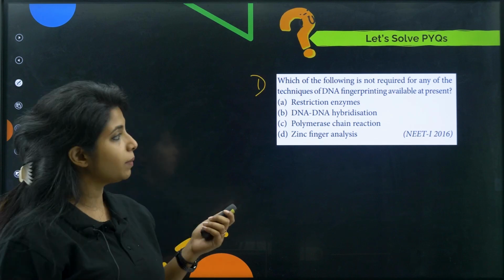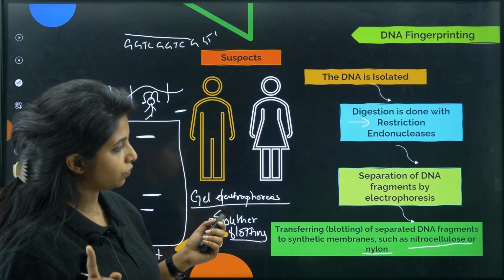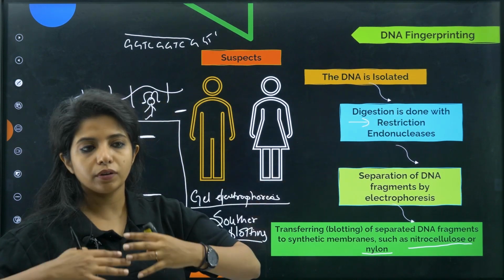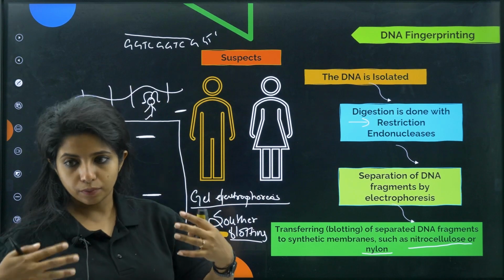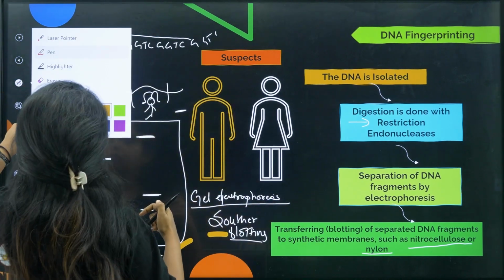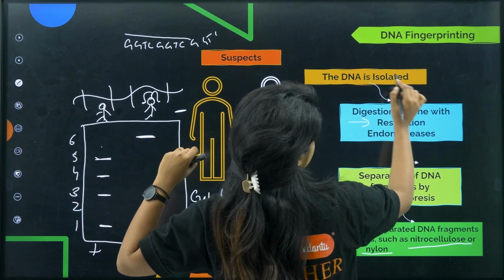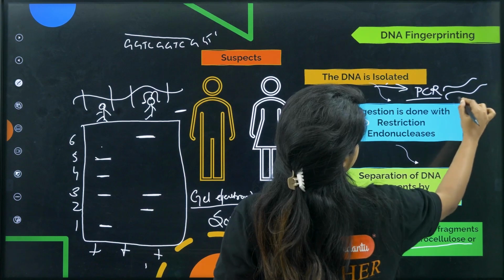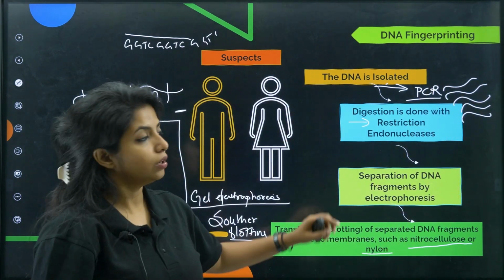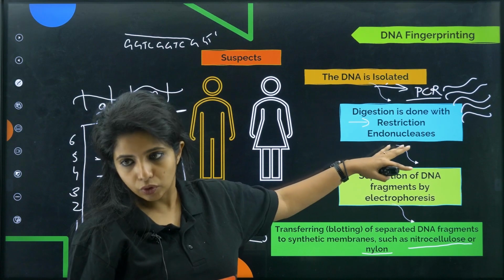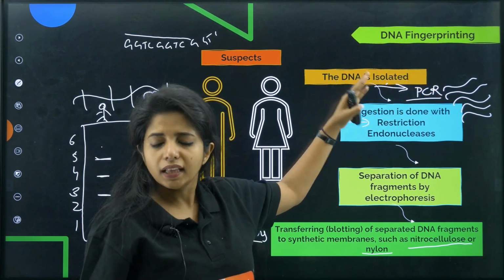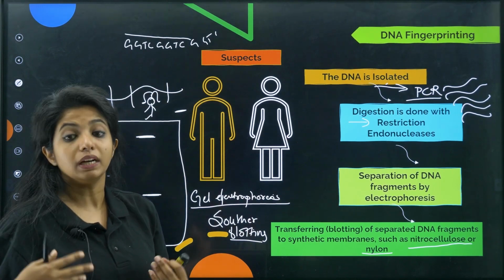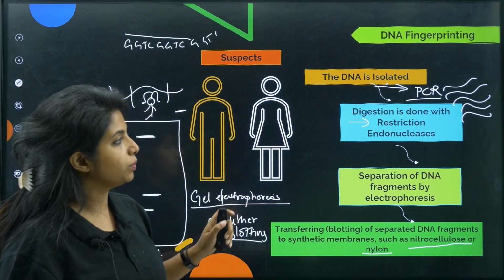Polymerase chain reaction, oh, I didn't mention that. One more thing: digestion is done with the help of restriction endonucleases. Before that, the DNA is isolated, and PCR is done, that is polymerase chain reaction, such that the amount of DNA could be increased and we could make it work with the restriction endonucleases. So over here I am increasing the amount of DNA, and then restriction endonucleases cut it, and we have multiple fragments. Obviously I cannot work with one DNA sequence, I would need multiple sequences, which is why I am doing this. So PCR is also there.